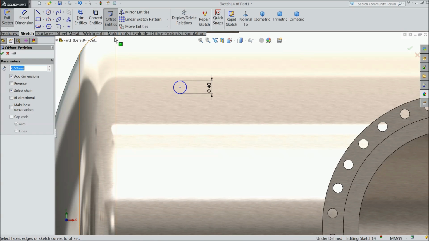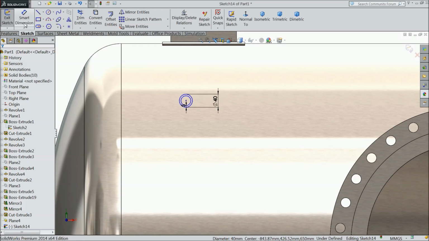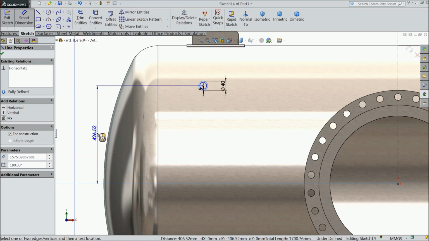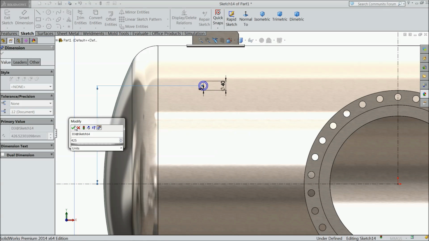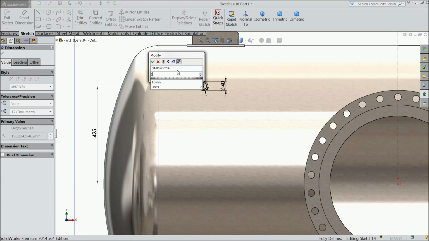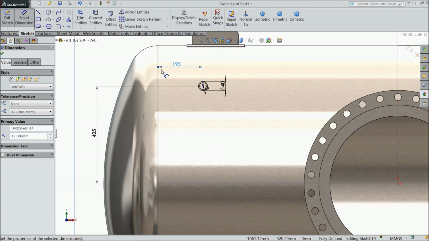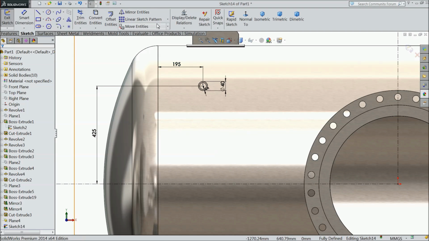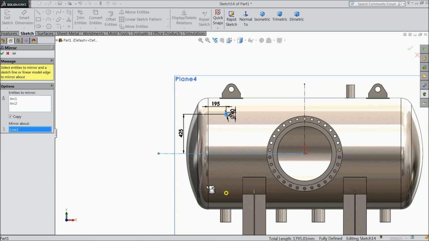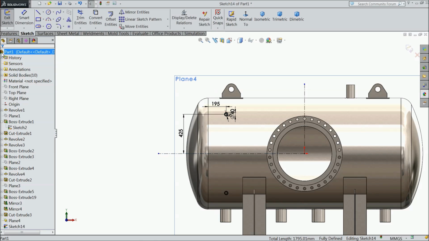select offset entity, keep 5 mm and select inside. Okay, and define the width and length for 25 mm and the length from this line keep 195 mm. Okay, now just select, we want to mirror it, select both the circles, mirror with this line. Okay,